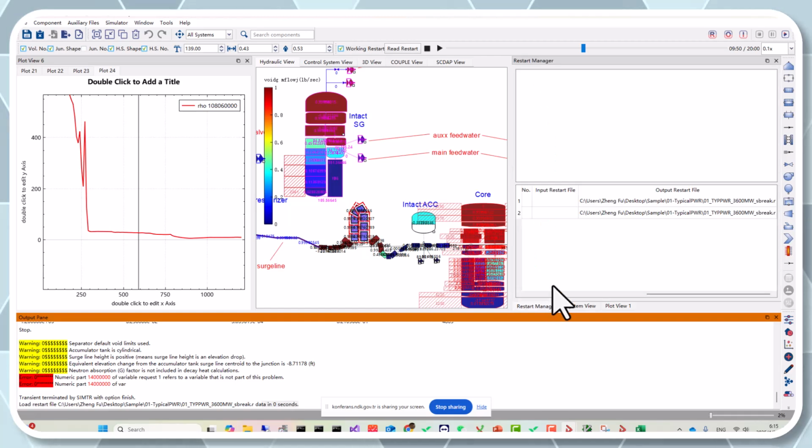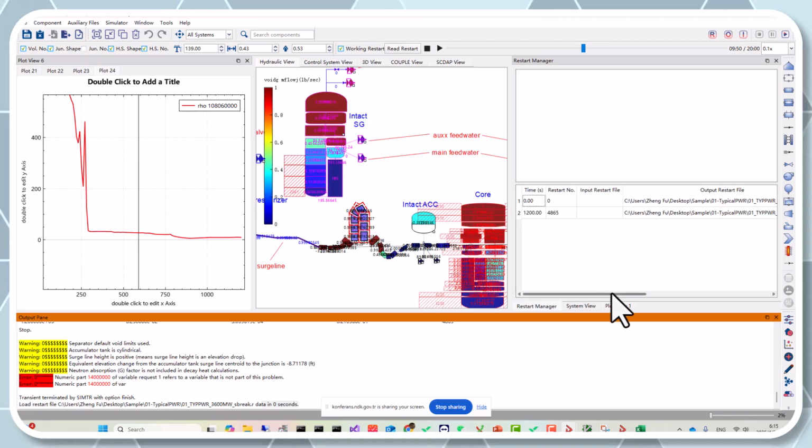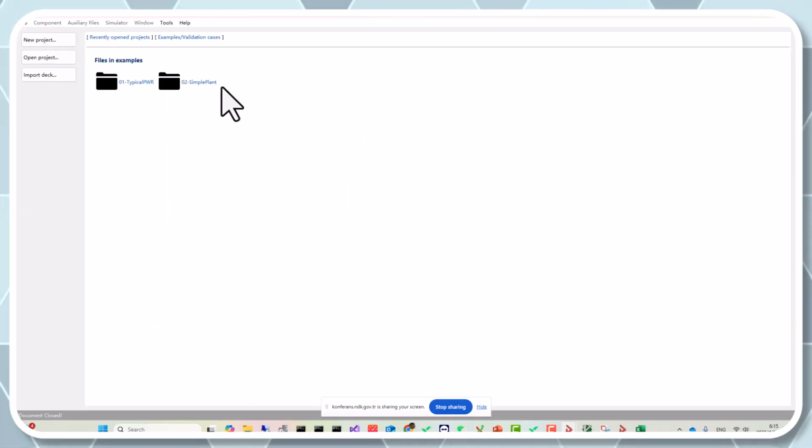I have to talk a little bit about this restart manager. The restart manager you see here is creating this restart information. You can use restart information to create a rerun or transient. One way, if you have a restart, let's just open up the simple plan, because the simple plan